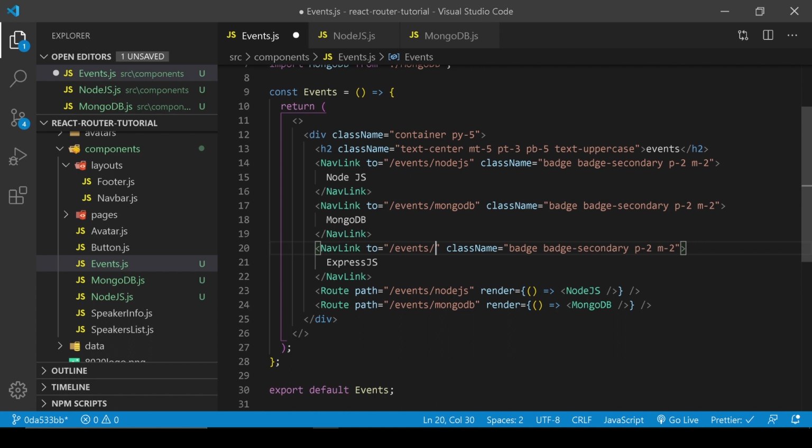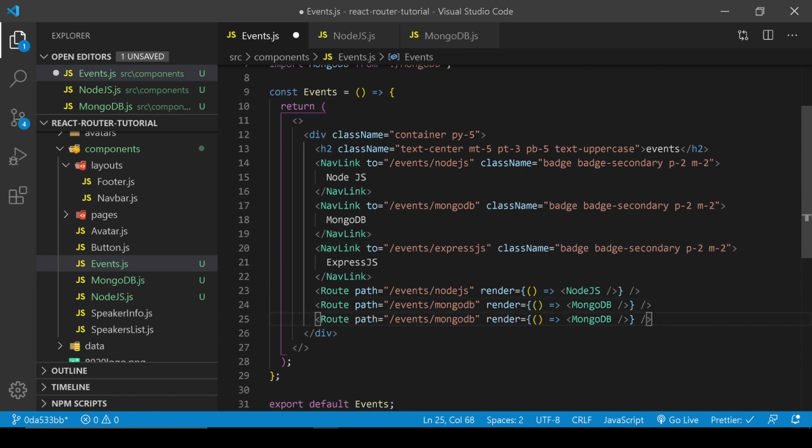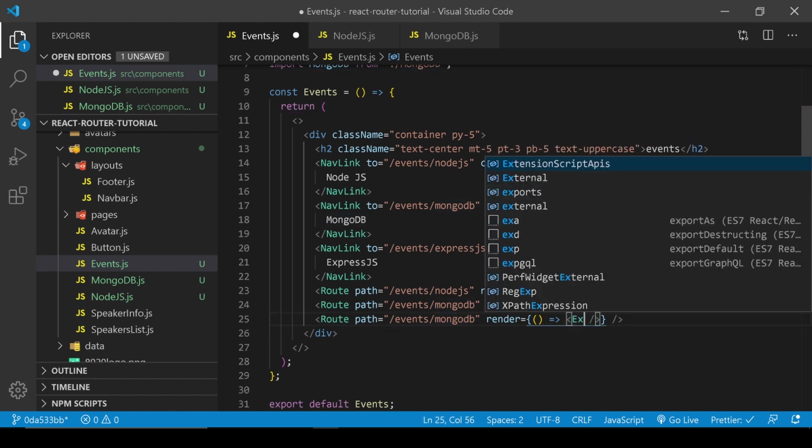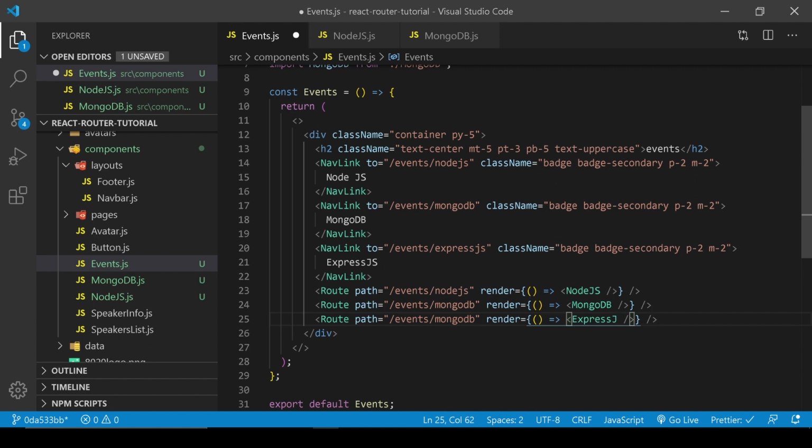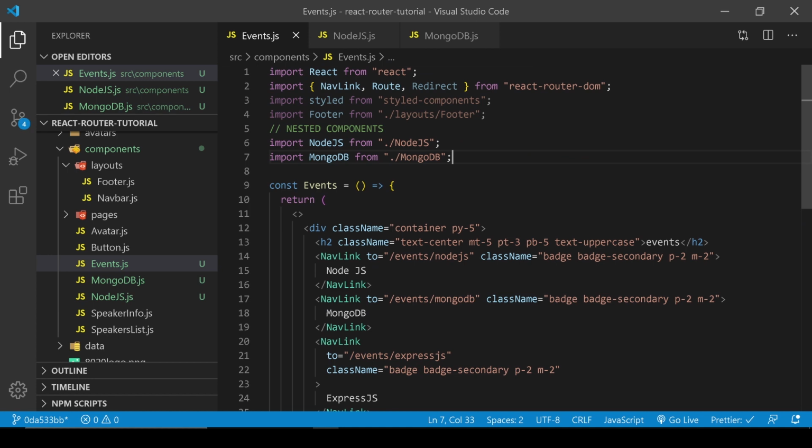Change the link, Express.js, and let's copy the route. I'm gonna change Express.js right here. Express.js. Good. Let's